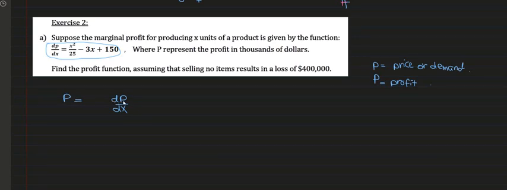Now the profit is having this operator, the differential, d by dx. So we would apply its opposite, integral. So let's replace the dP by dx with the given function. Usually it's a simple one, minus 3x plus 150